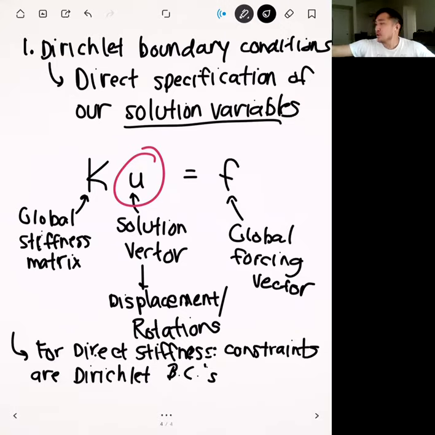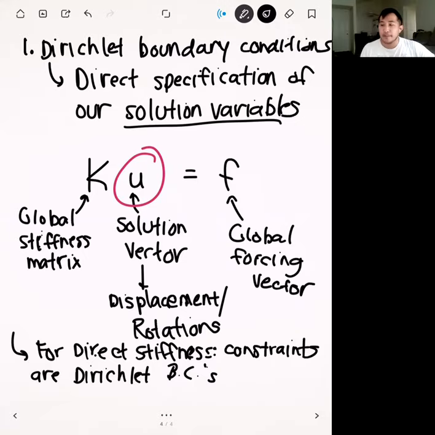And for all the problems that we're going to do, you're going to see at least one of these, because otherwise, if you don't supply one of these, the problem's actually unsolvable. And so for any type of finite element problem, there always has to be at least one Dirichlet boundary condition, because that sets the baseline for everything. Okay? If you think of